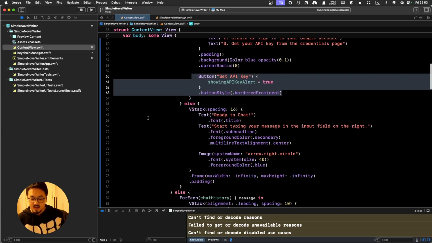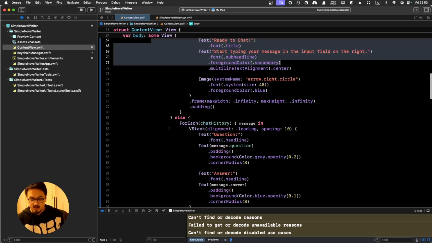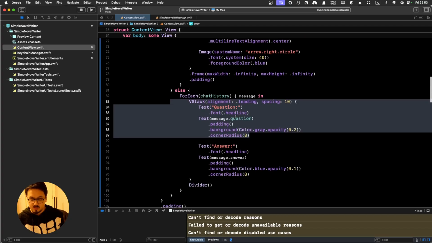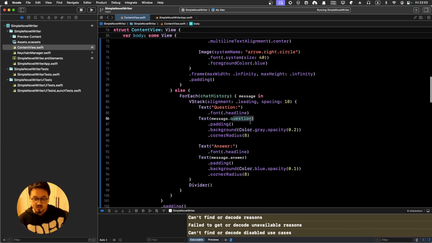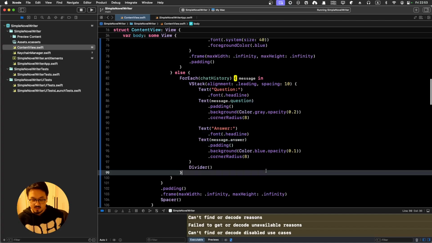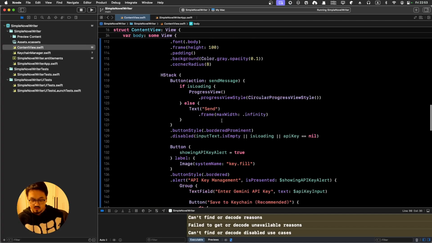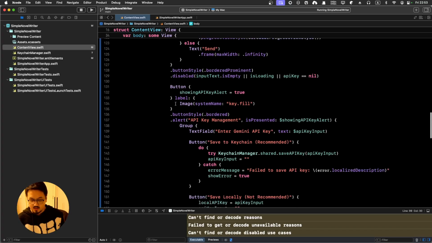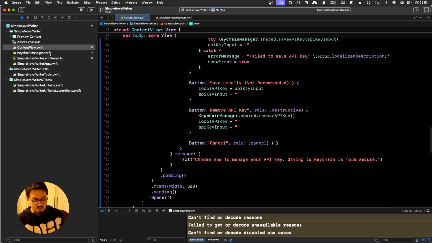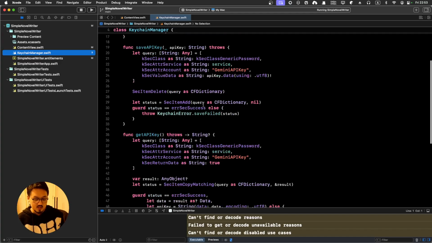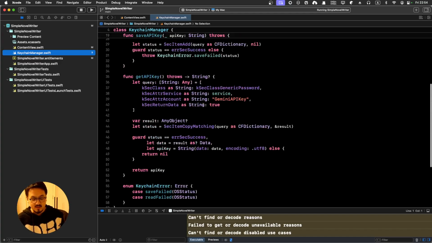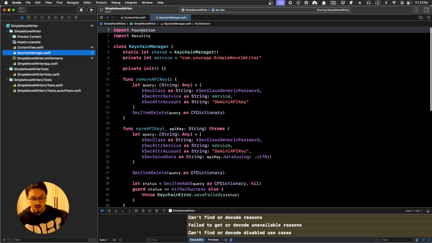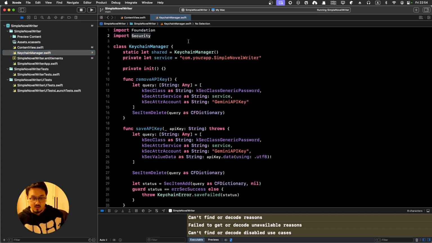Okay, and then else we can start a chat, else then put all these question answers, and the message. The question will be message for question, and the answer will be message answer, right? And we're going to call, this is how I set API. Okay, and of course we are calling this keychain manager. It's just a typical way of safely using the keychain Apple security API to safely save all the things without you